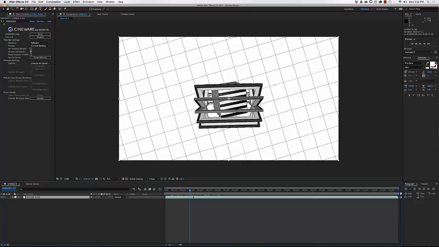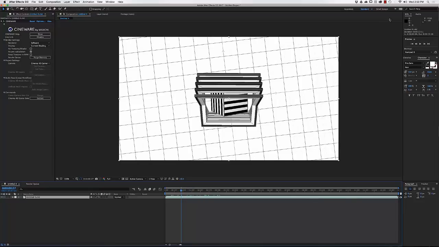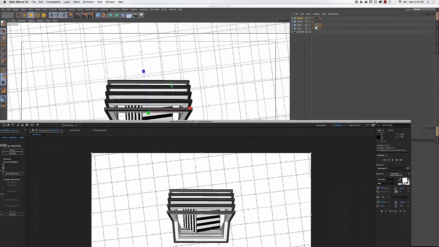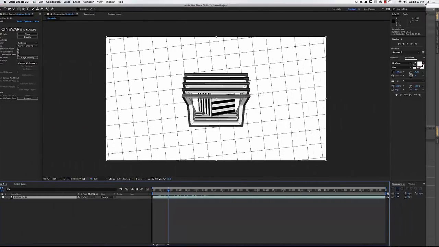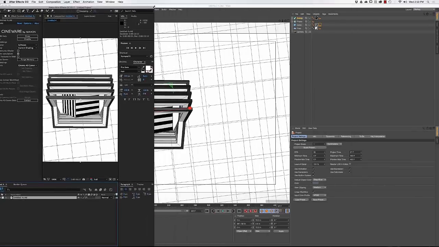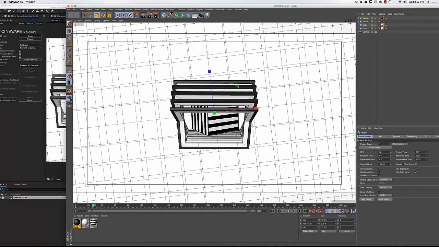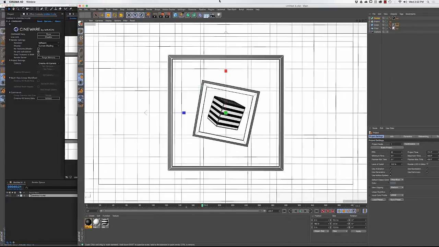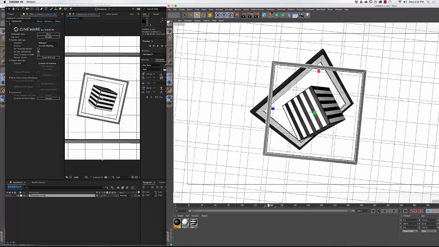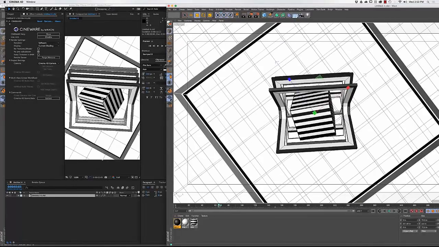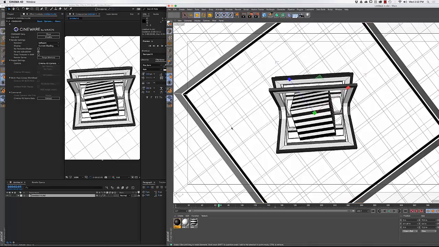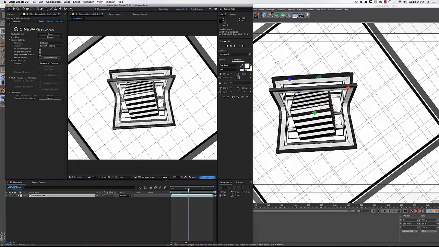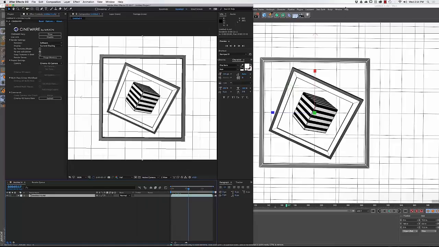So that means if we scrub through the timeline and go back into Cinema 4D, where is it? Scale this down. As we move through our timeline, there we go. As we move through our timeline, it automatically updates anything that we do in each program. So if I go back into After Effects and scrub through the timeline this way, Cinema 4D updates,